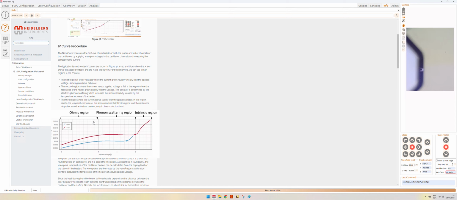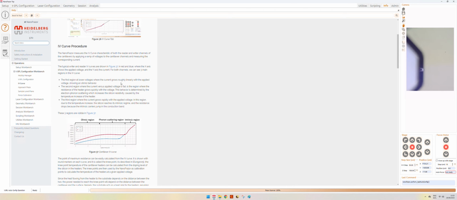When we start heating up the semiconductor, we will have an ohmic response of the material. Then as the temperature keeps on increasing, the phonon scattering will hinder the electrical conductivity of the material, and then finally, as we reach a threshold temperature, we will start seeing an intrinsic behavior of the semiconductor.